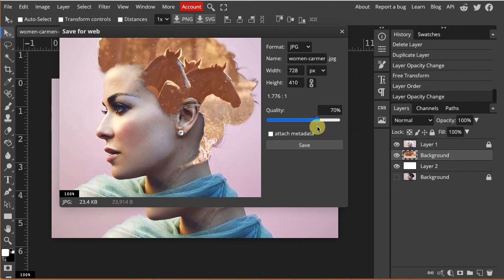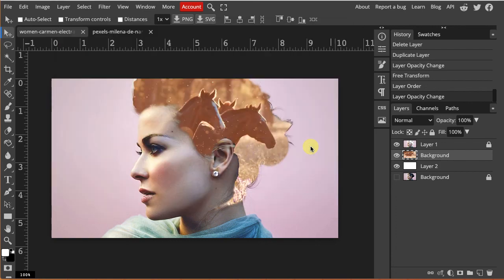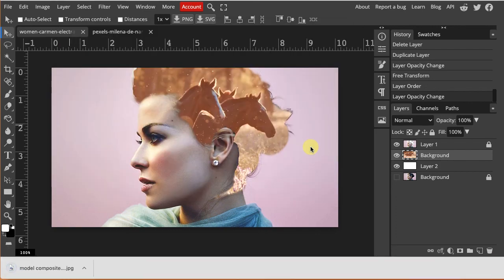I'm not going to print this, so I don't really care about quality, and I'm not going to attach the metadata, and I'm going to click on Save. I could change the title of this to Model Composite Photo, and click Save. And that's it. My project is